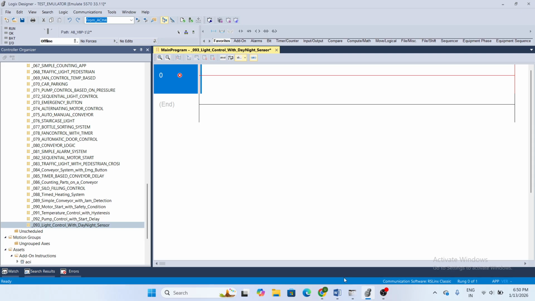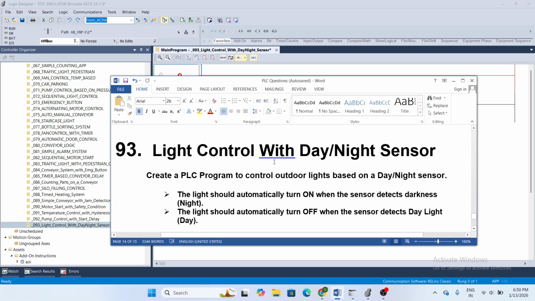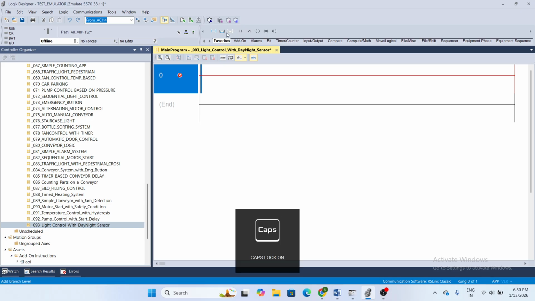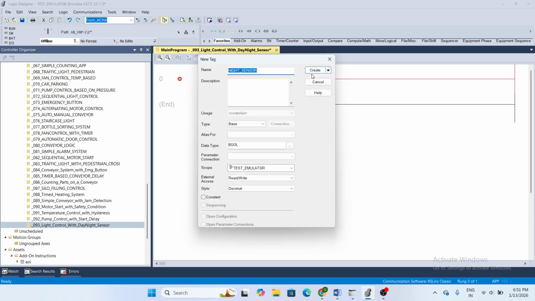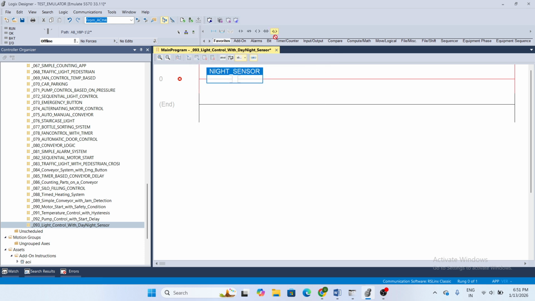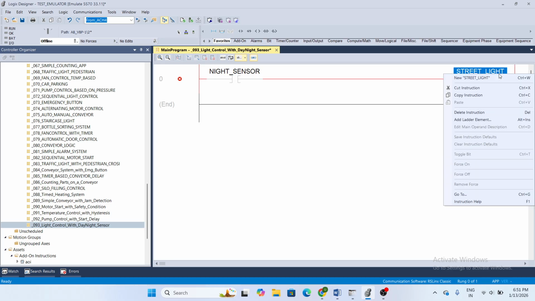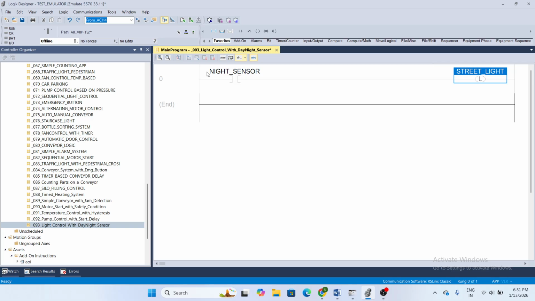According to this logic, I am now going to create the logic. This is the night sensor, and when the night sensor detects, then the street light will be on.